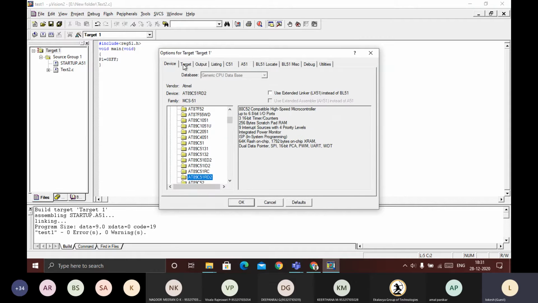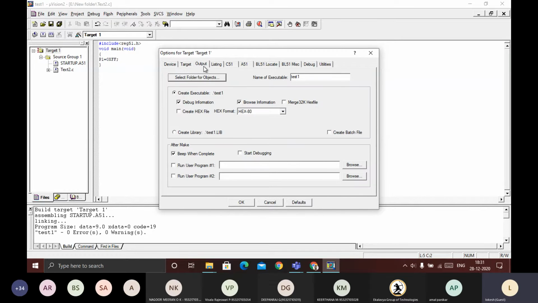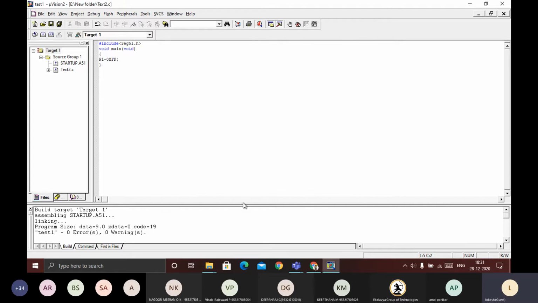Yes, we have given the target device. Next, second is go for the external 11.0592. Next, output, create the hex file, then apply, okay. So now, if you build again, see this one, rebuild all the target files.